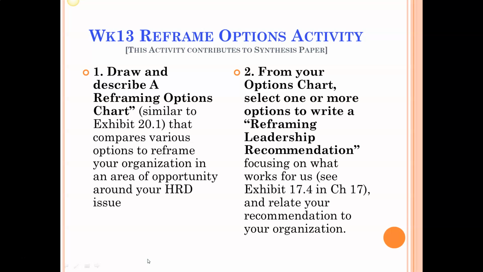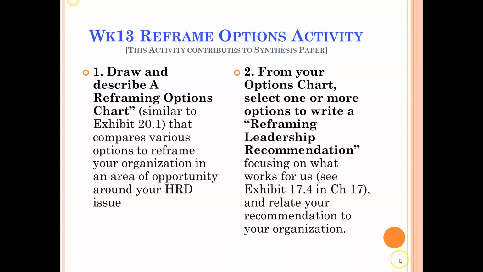That's likely the same recommendation that you're going to use in your synthesis paper. Notice that this activity should help you, in many ways, have an outline to write your synthesis paper from. So let's take a look then at